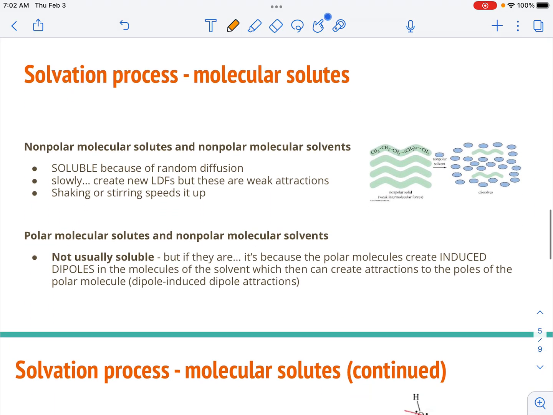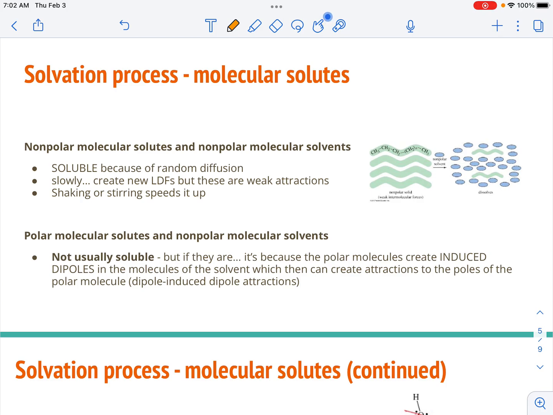It's a little bit different with molecular solutes because we have to worry about nonpolar and nonpolar. The statement like dissolves like means that two things that are nonpolar will be able to dissolve within each other. But the attractions are all weak. They're all London dispersion forces. So really what's going on is that this is because of not really strong attractions, but because of random mixing